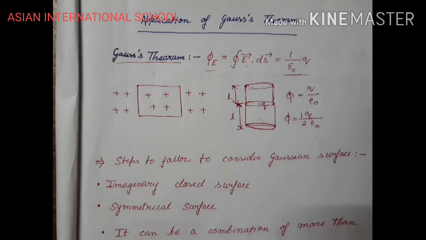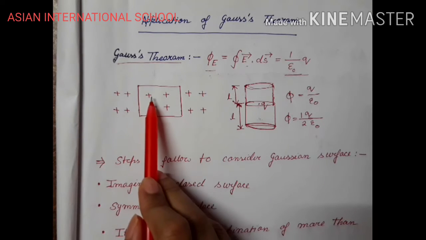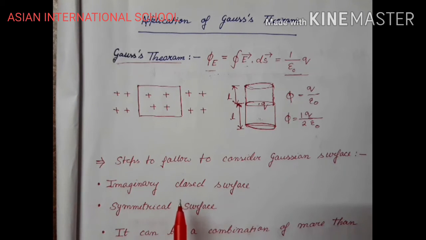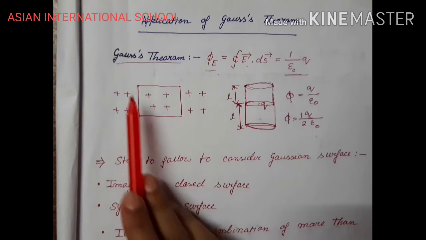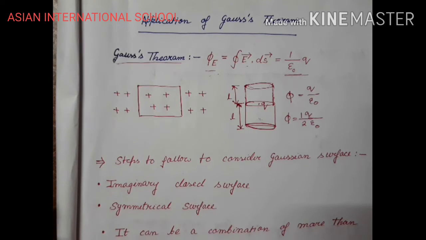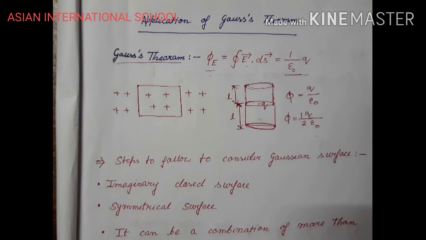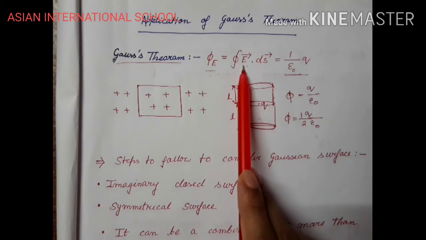Right? The only thing which needs to be kept in mind is that the charges which are inside the system, over here you can see these 4 charges, are responsible for the net flux in the system, not the charges which are outside. The flux is only for these 4 charges. So we will take help of the Gaussian surface in such a way that we can enclose the charge and apply this Gauss theorem. In that case, it will be easier for us to calculate the net flux. It will be easier to calculate the electric field as well.